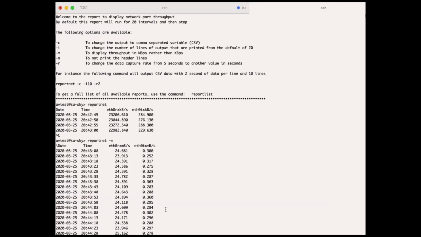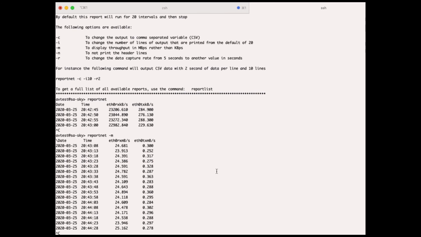What this is suggesting is that in between the appliance and the target, either at the target end or the appliance end or somewhere in between, there is a 1 gigabit per second link, and that's what's causing your bottleneck speed. So if I go back to my Sky appliance here and just show the output of another command,